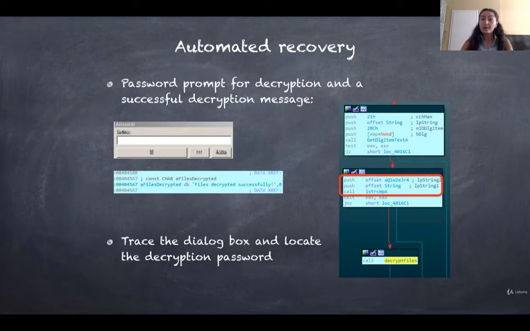Notice that one of the strings corresponds to a successful decryption message. It only appears in one function at address 004016BC, which we've renamed as decrypt files for clarity. Notice in the image on the right that this function is in turn called only once following a string comparison